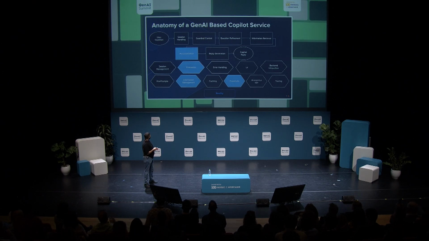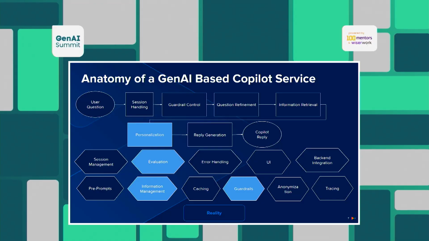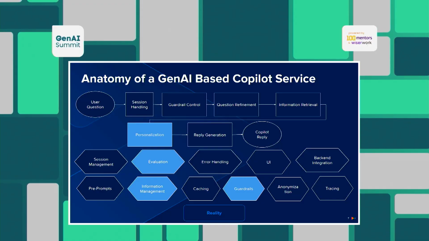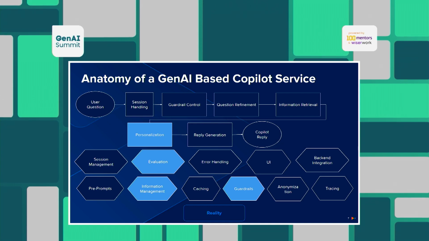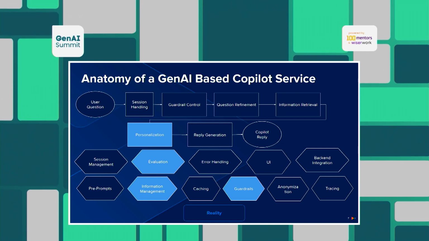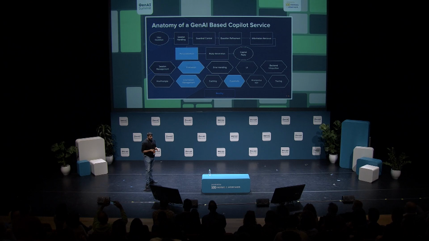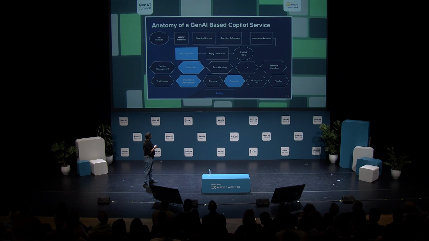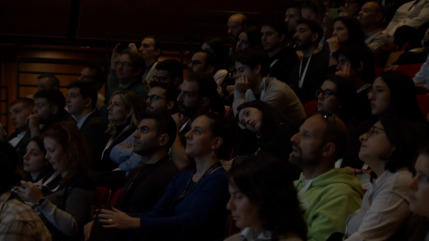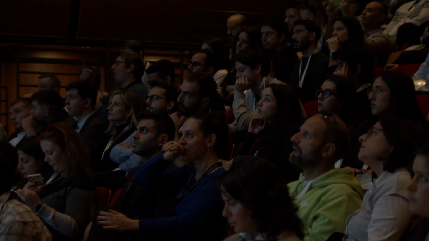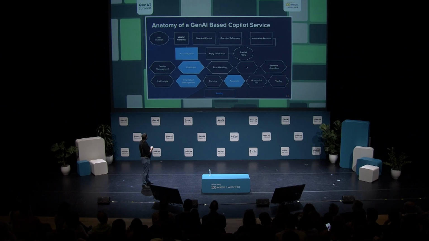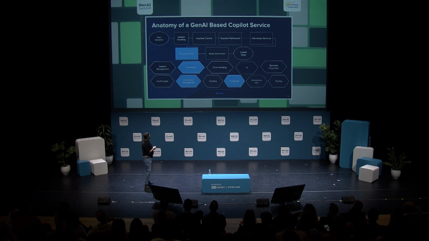As you can see, this is far closer to what a production system is like. You've got the user question, and you've got to handle the session, because you might have a longer conversation, you might have multiple conversations with the same customer, and you need to take that into account. You've got to guardrail and control what the customer is saying, because it might be completely irrelevant. You need to refine the question in order to make the information retrieval work. Then finally gather that information, move to personalization before you go to the actual LLM that generates a reply, and